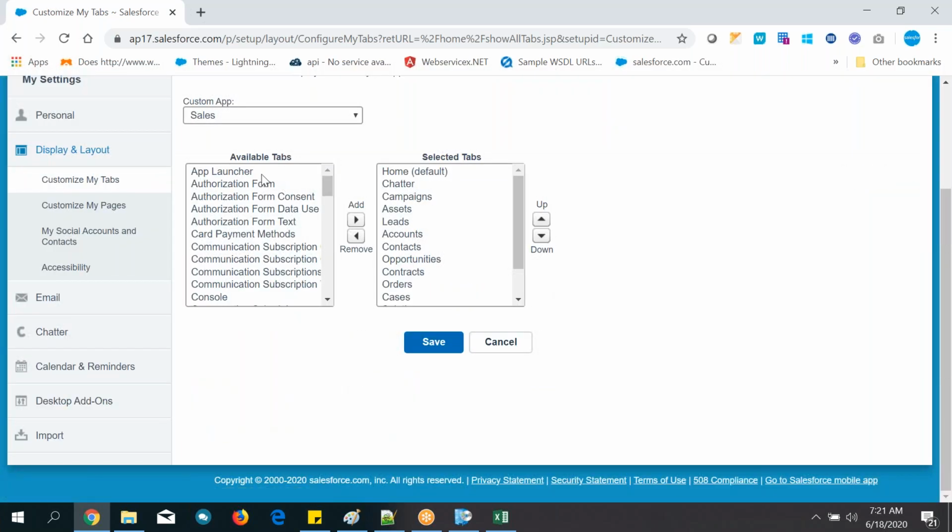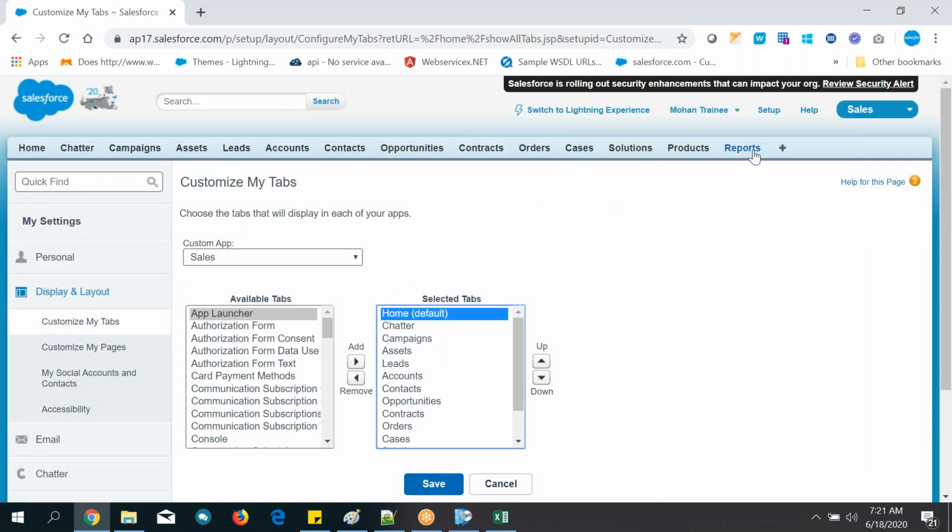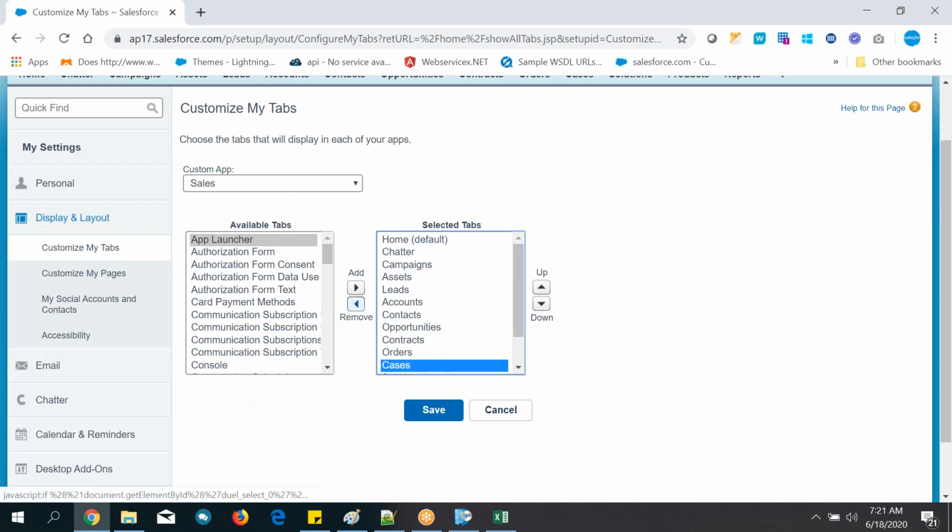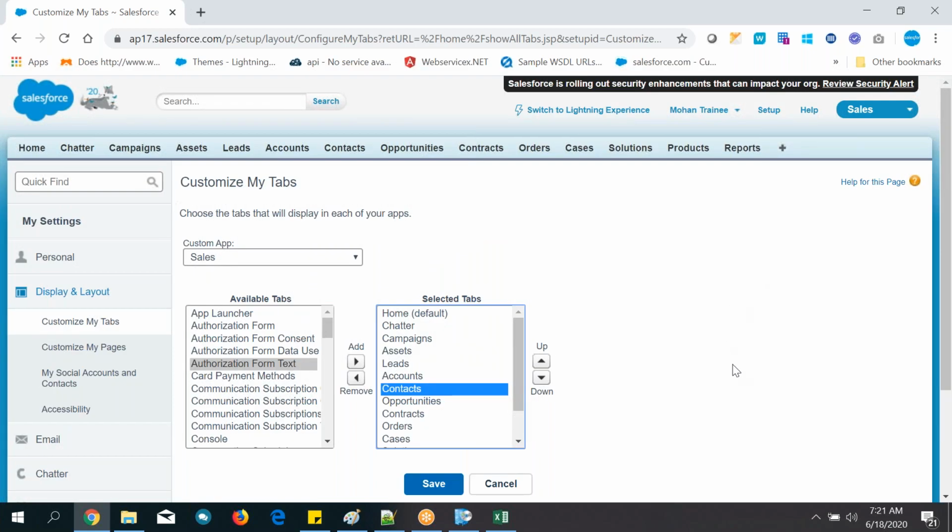These are the available tabs for this application, and these are the tabs which are already displaying on the tab section panel. To remove, just select and click on this one. To add, move from left to right like this, and set the position up and down. Okay, so this is what we have seen yesterday. That is done. We are good.